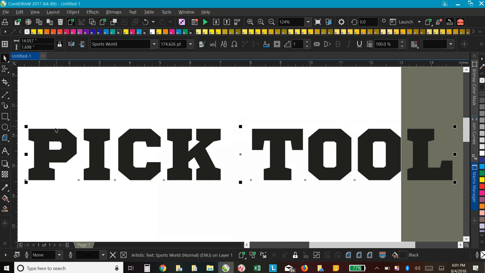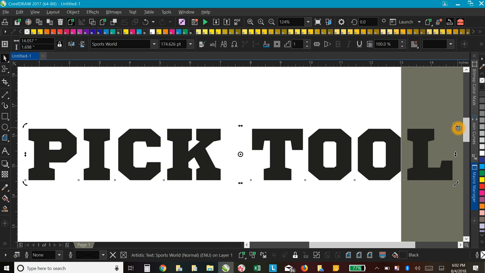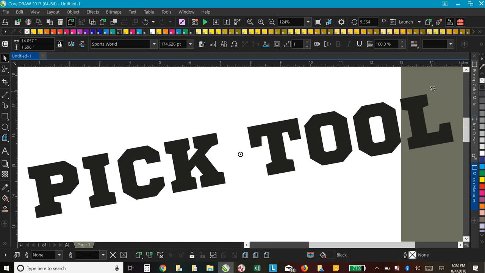Object, and that's going to put these little squares around it. Now if I click that again, you see that changes. I get this little curve here, so I can select that and I can curve that up